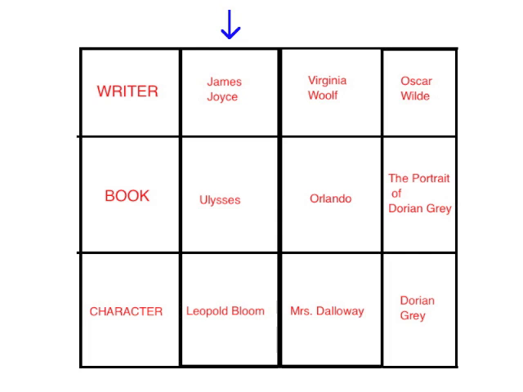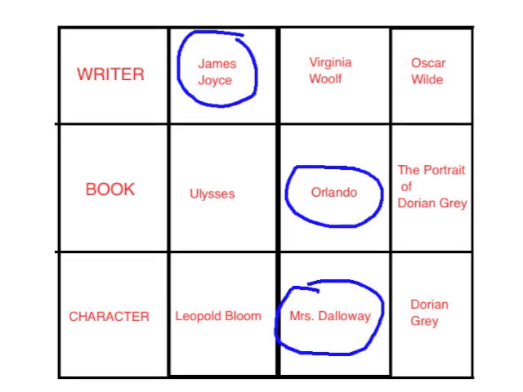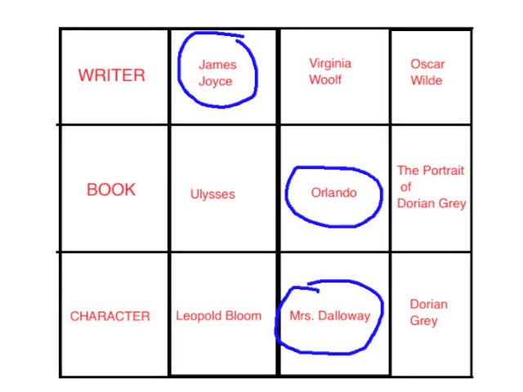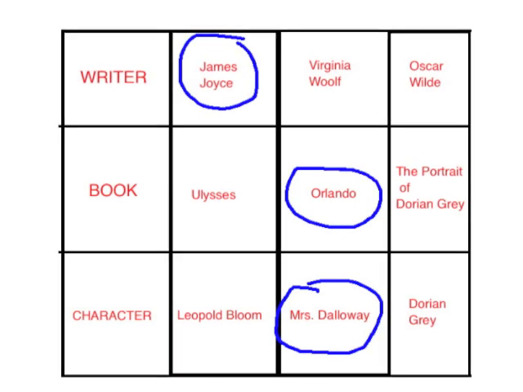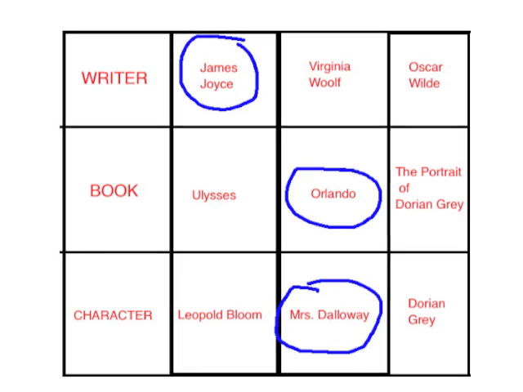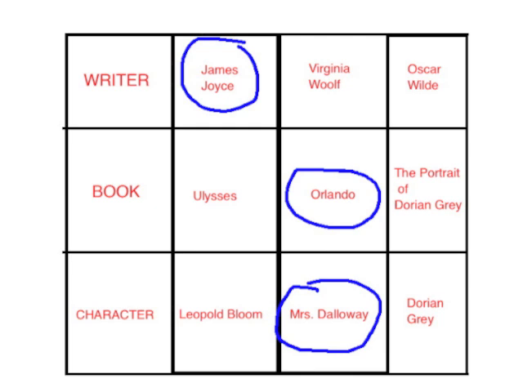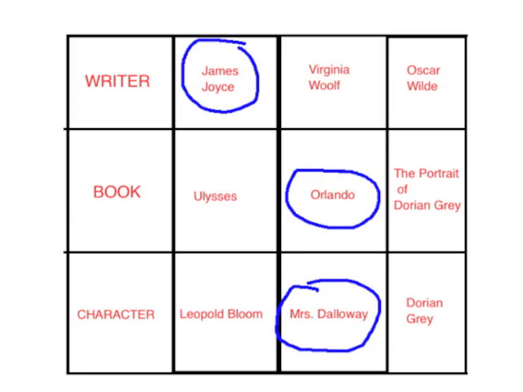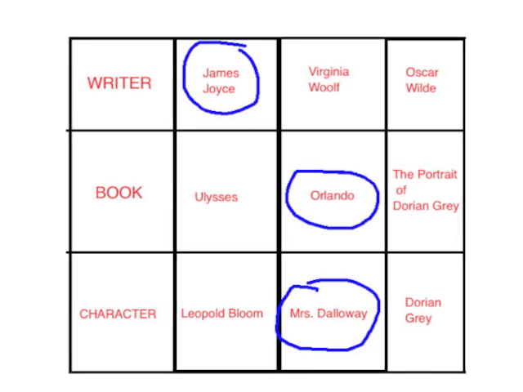Same thing with Woolf. If you're going to use Woolf as your literary reference, stick to everything she wrote, her characters, her novels, her plays. This is what I don't want you to do. I don't want you to say, oh, I'm going to compare Allison and Bruce's relationship as a father and child to a little bit of James Joyce and his personal life with his father, but then also some of the themes that Virginia Woolf really chews on in Orlando about the mutability in gender, and then also the character Mrs. Dalloway about how she felt like she wasn't doing anything, and that's kind of like Bruce. Yeah, that'll be a really good essay.